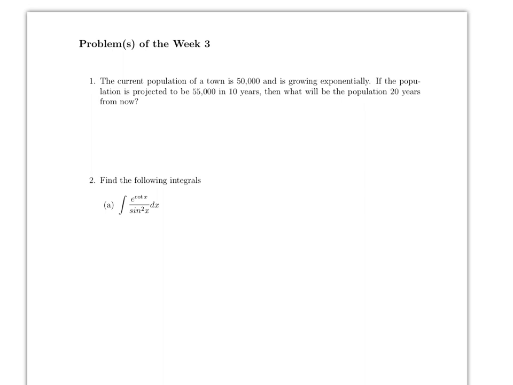Remember from your pre-calculus class, the formula for population growth is P equals P0 e to the RT, which means the population in the future depends on the initial population given a specific rate of growth, which is actually not given directly in the problem, so you have to figure that out first. Here, what you know is in 10 years, the population is supposed to be 55,000 when the initial population is 50,000.